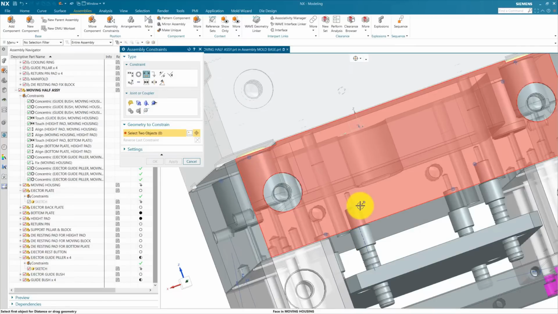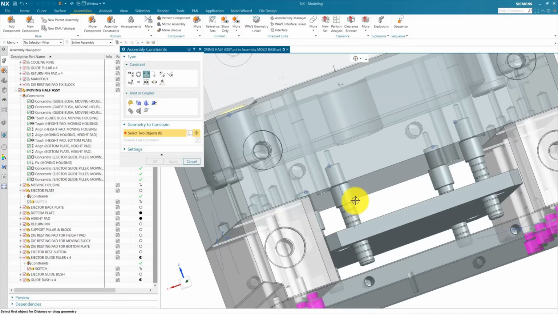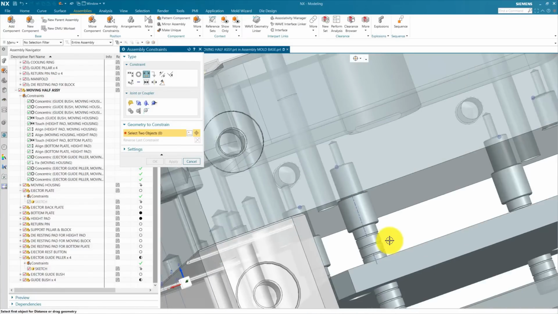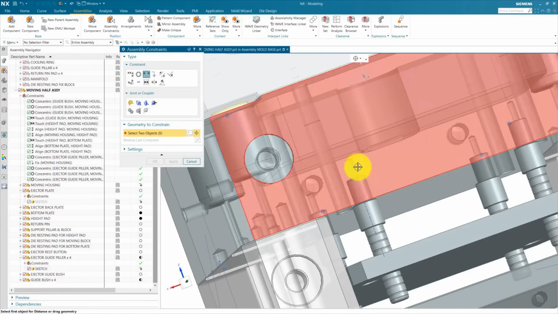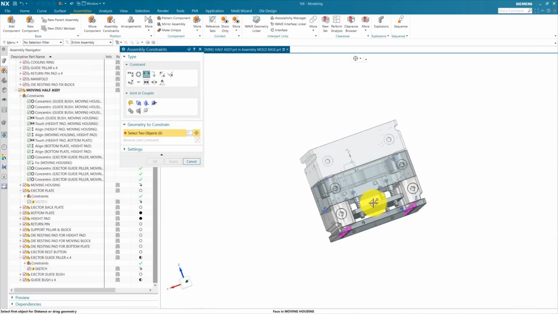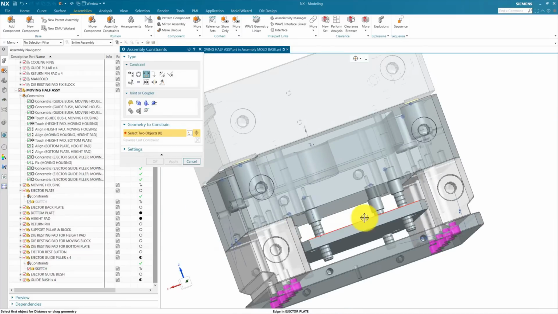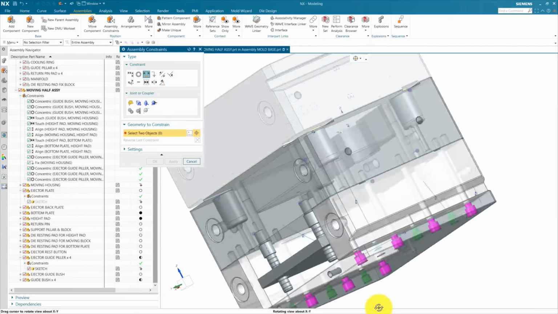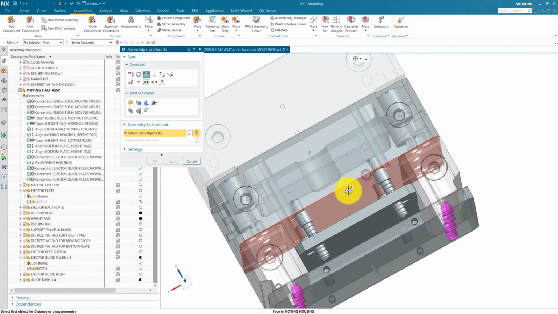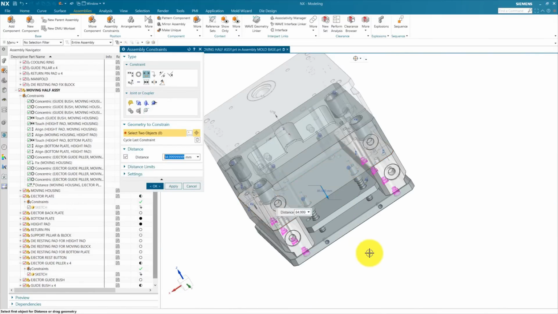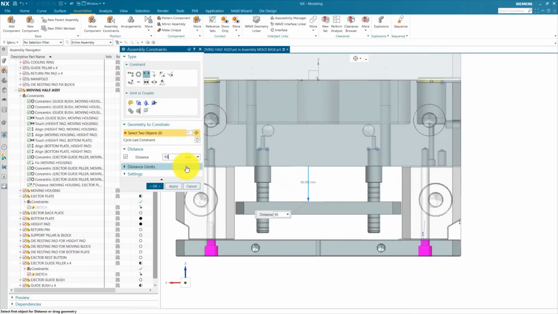This thing depends upon our moving housing, and we are going to define some dimension from this ejector pillar to our ejector plate. In some cases, when we modify our moving housing, this ejector guide pillar may not assemble correctly, so our ejector plate assembly will also be disturbed. So we try to constrain all our assembly parts which is possible to constrain with our moving housing. So we define the distance from here to here to constrain our assembly. We are going to use 95.